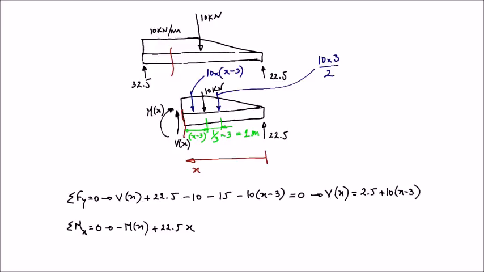We need to include now the concentrated load. It's going to be a clockwise moment, so minus. The distance for the moment is x minus 3 times the load, which is 10 kilonewtons. We need to include the triangular distributed load, so the moment produced by the equivalent force is going to be clockwise, so minus. The distance is going to be